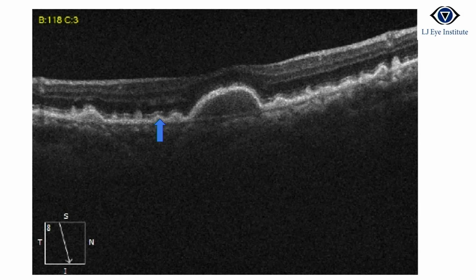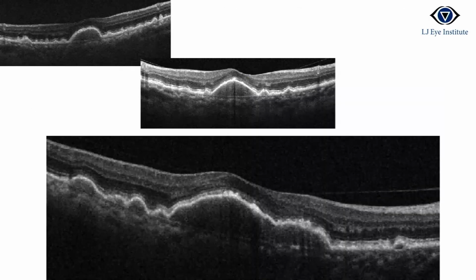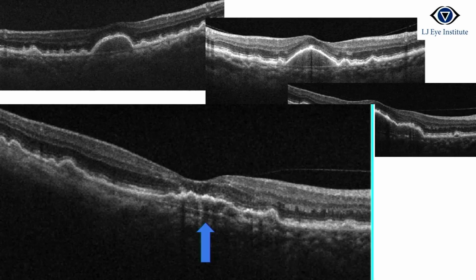So we kept on following, and more findings of dry ARMD kept coming, like pseudodrusen, which we have already discussed. Then we are seeing some hyperreflective material over the drusen also. And finally, we see this collapsing PED. With this collapsing PED, the patient may go into geographic atrophy or formation of MNV. But two things are important. If the PED is wider, there are more chances of atrophy. If the PED is taller, there are more chances of MNV, that is macular neovascularization.